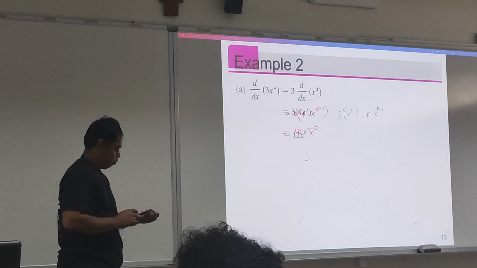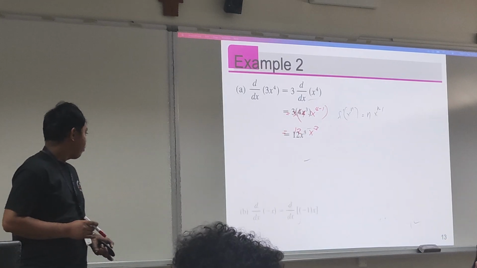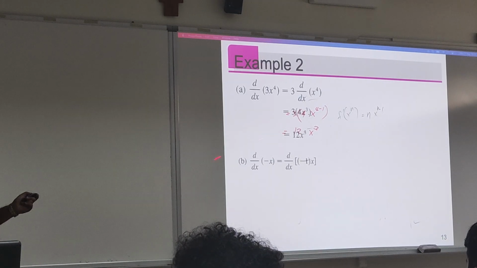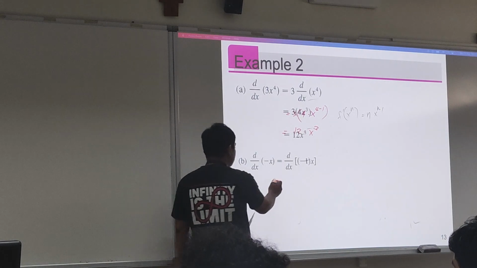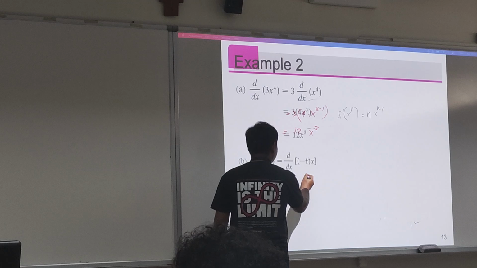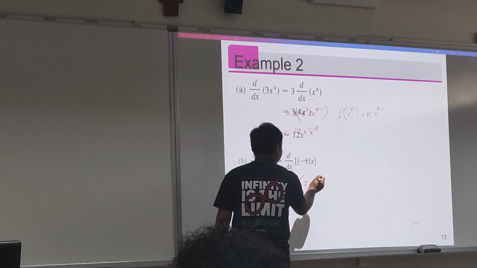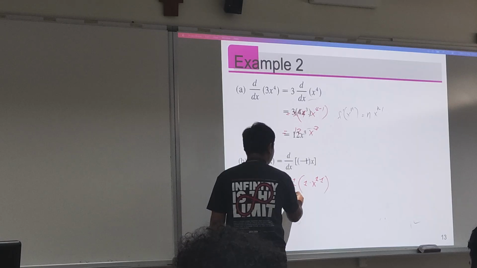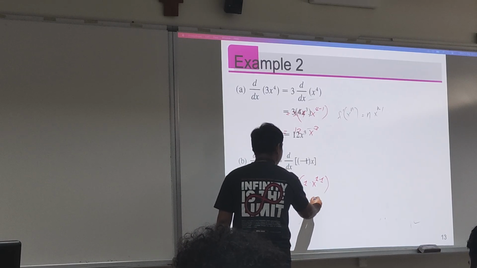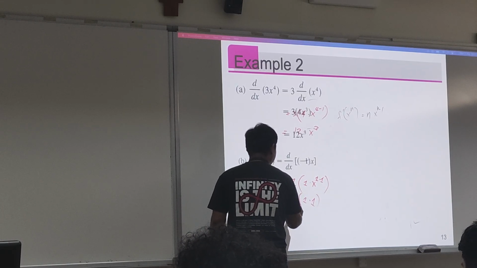So we can use the other rule too. How about this one? Take the derivative of negative x. That is just negative 1 times x. So this is negative 1 times 1 times x raised to 1 minus 1. So this is negative 1 times 1 times 1, is equal to negative